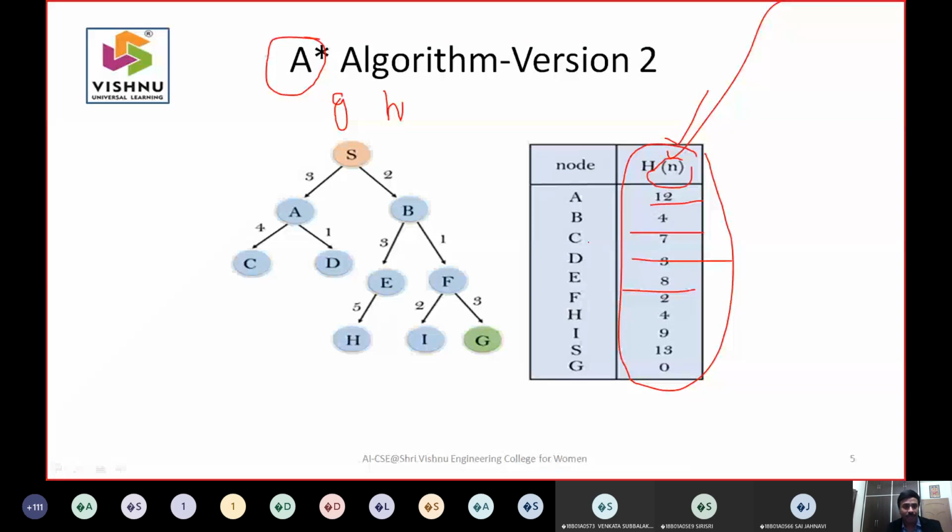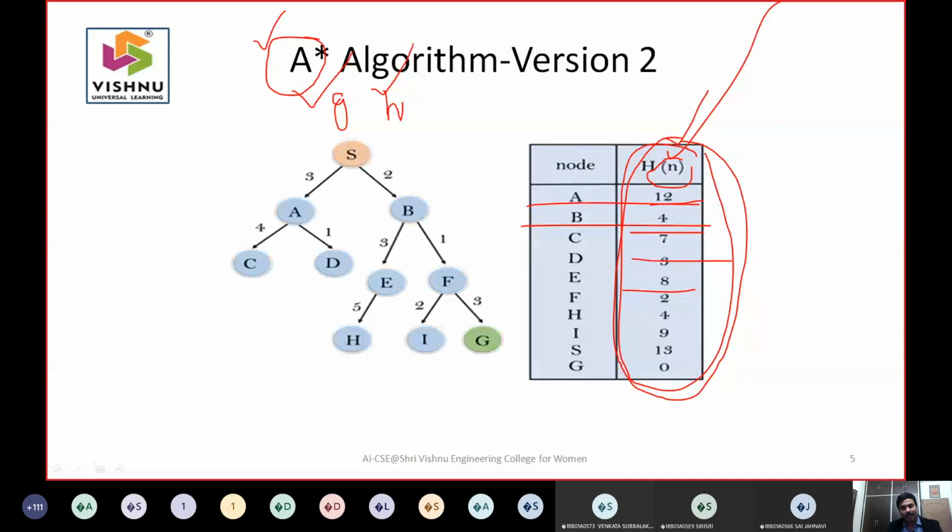But every time your A star algorithm efficiency depends upon this h of x, because h of x is the estimated cost from your current state to a goal state. So when we give a problem, we give like this, because g of x is static and h of x is static at this moment, as all the values you can see in your diagram.